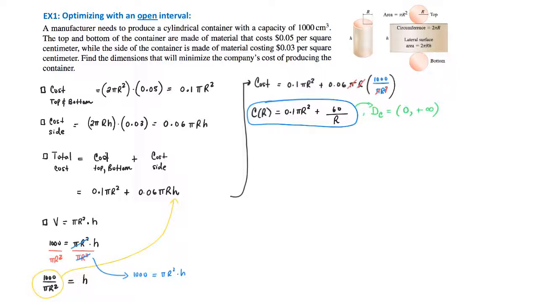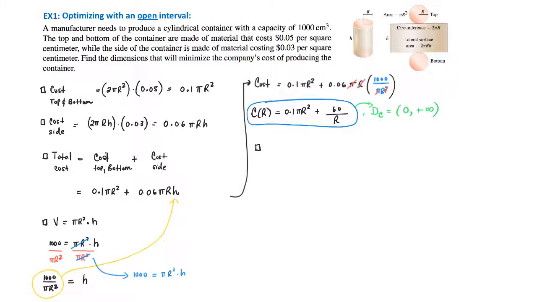Now then, remember that we want to be able to minimize the cost. That means that I would like to find the value of r where the cost will be at its minimum. Pretty much the value of r where the cost function is going to have an absolute minimum. That's what I want. I don't even want a local minimum. I want to find out an absolute minimum in this interval right here. So now in order to do that, we need to start looking for critical points. So in order to look for critical points,